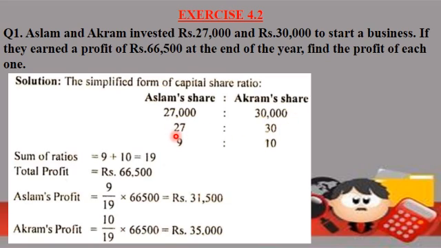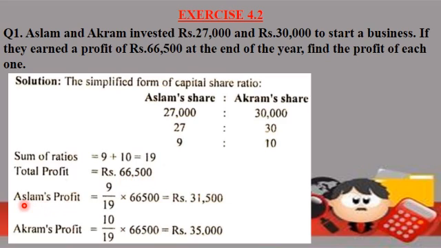First of all, we will simplify it with the 1000, or we will simply cancel out three zeros with the three zeros. So we will have 27 and 30, and now further we are observing that both are divisible by 3. So 3 nines are 27 and 3 tens are 30. Okay, now the sum of ratios: 9 plus 10. 9 is the share for Aslam and 10 is the share for Akram, and the sum is equal to 19. Total profit that we have to distribute in both the partners is rupees